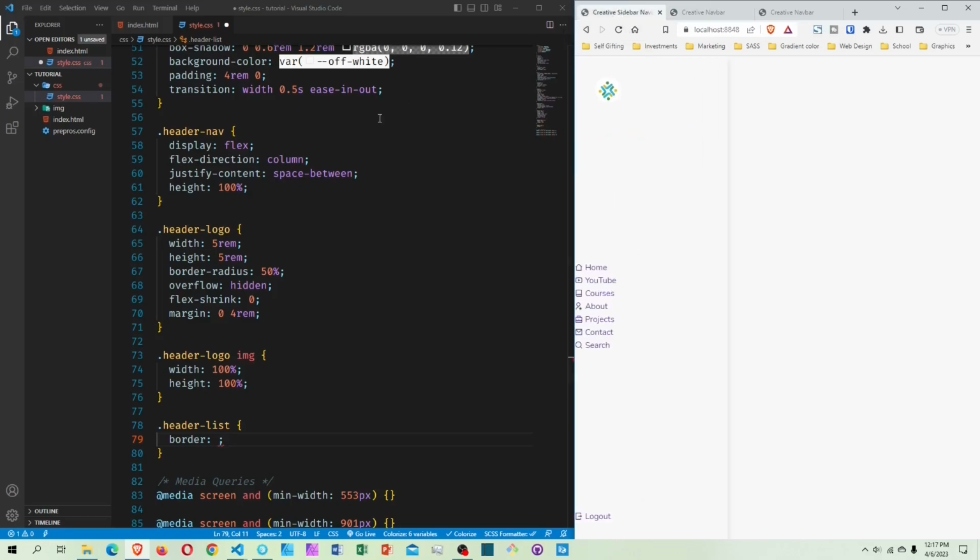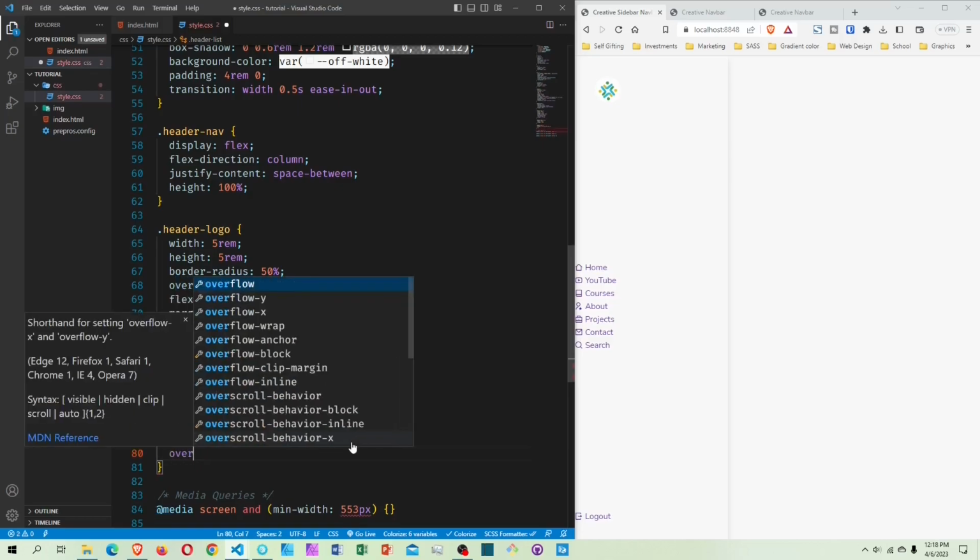Okay, so I say border top left 0, top right 0.6 rem, bottom right also 0.6 rem, and then bottom left to be 0. Okay, you won't see anything now, and I give it the overflow to be hidden,